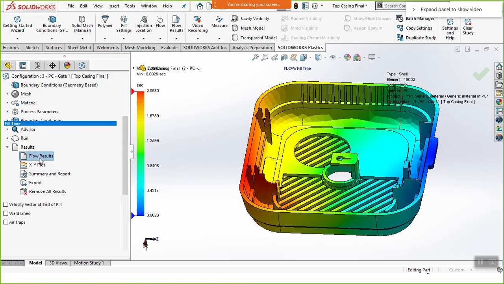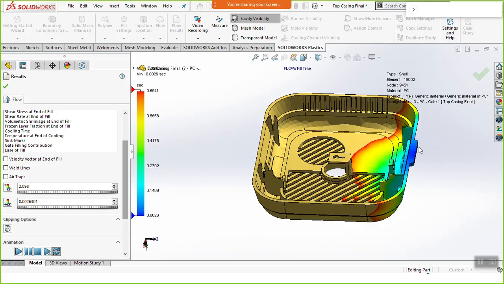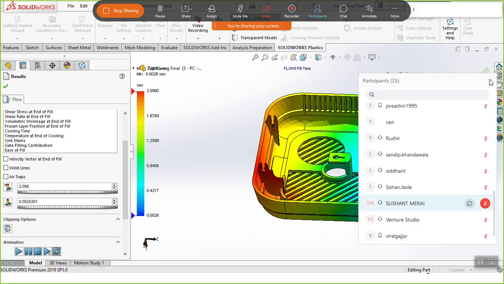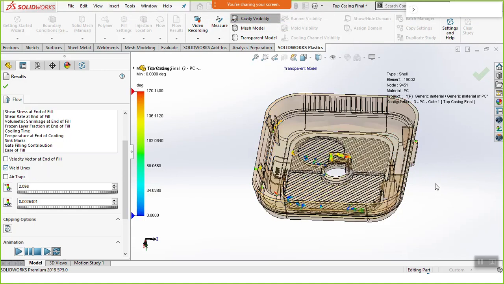Okay, so now we can see whether the part is getting filled or not. The molten plastic is starting to enter the cavity from this end where my ejection location is. Also, we can check different things, like are there any weld lines occurring or not. Let me pause this. I am sure my part is getting completely filled, and I'll check a few other things like the weld lines.